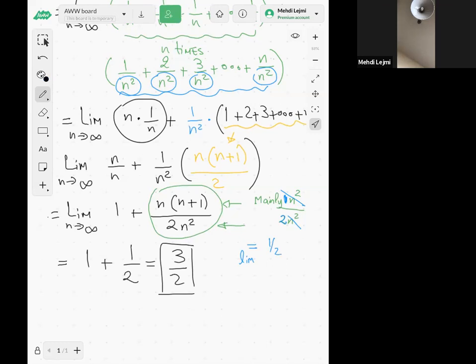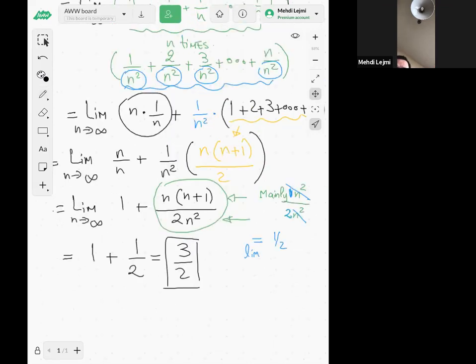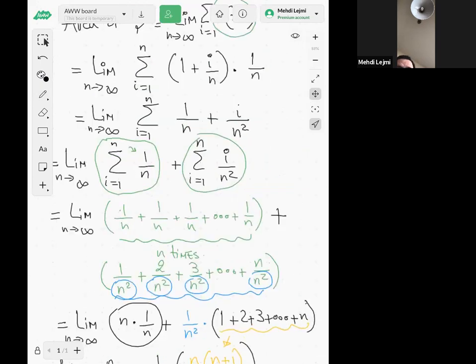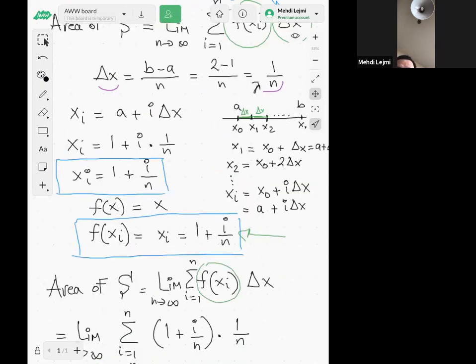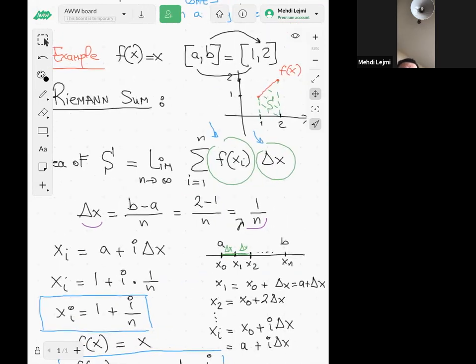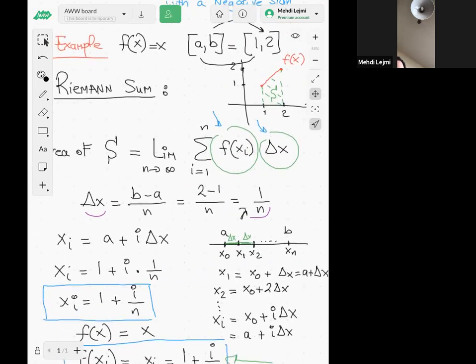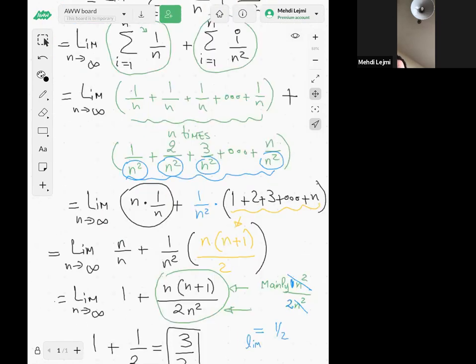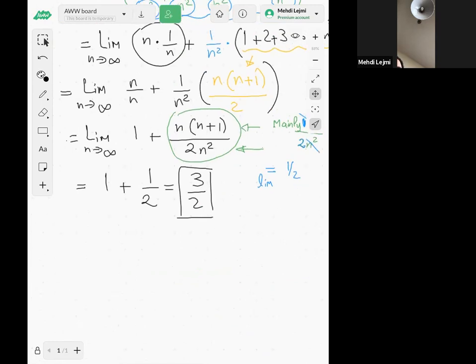All right. So when you use this Riemann sum, you get the area of your region S, and it's actually just 3/2. Now, if you do just the usual integral, so our example is f of x is equal to x, right? If you just integrate the function f of x equals x over the interval 1, 2, now if we integrate,